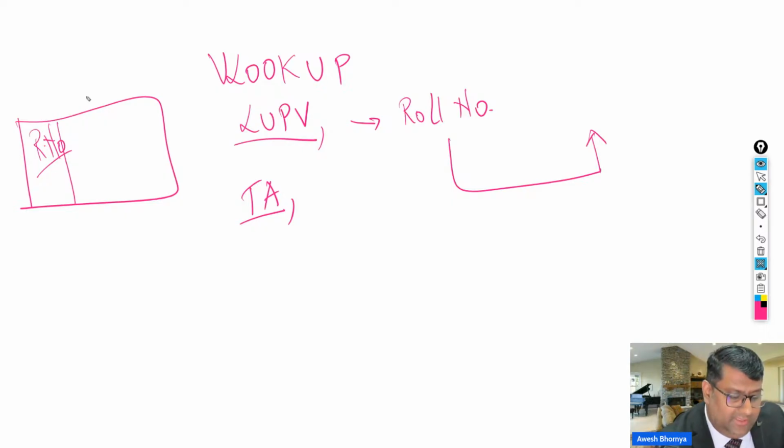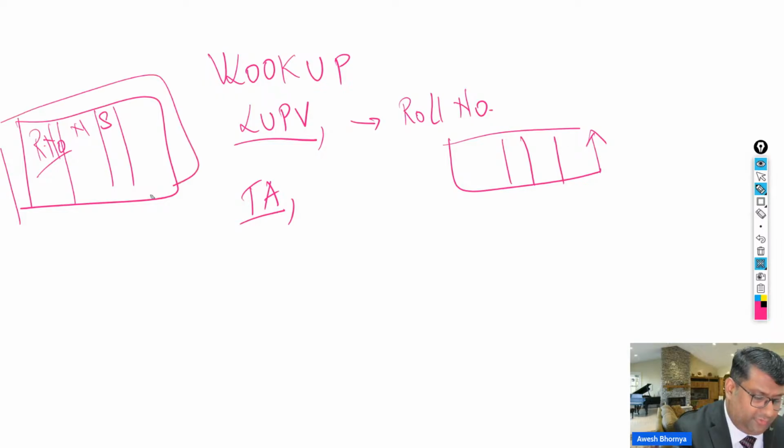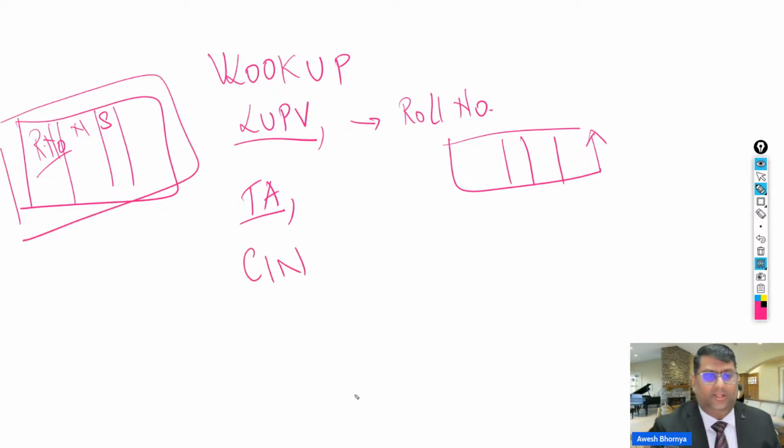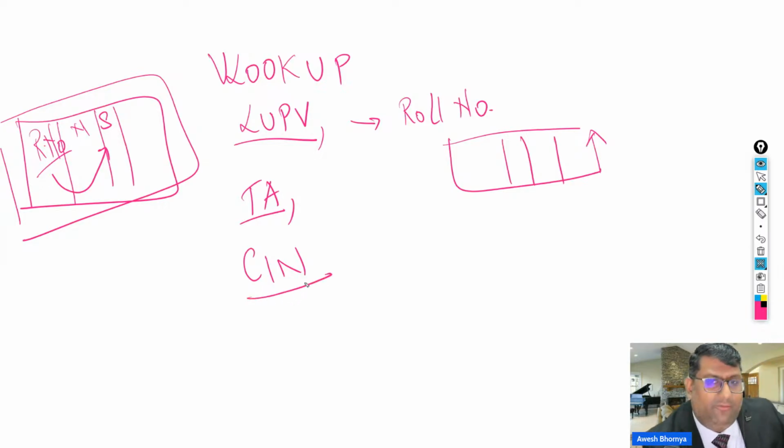Let's say I've got some other information available, like name and then specialization, but this specialization is not available in the actual transactional data that we are working with. So in this case we use the table array, the entire data, and we specify the third argument, which is the column index number. Basically, from the roll number I have to find out the specialization, so I have to specify from which column I have to get the data.